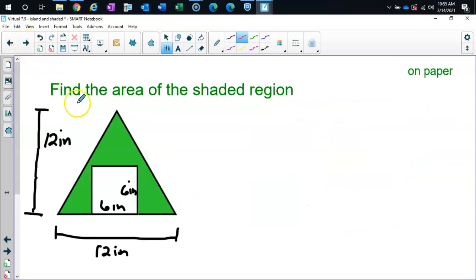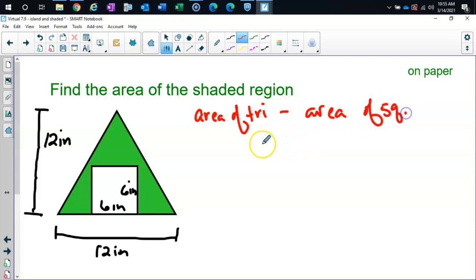All right, let's take a look at this one. Now, we have a triangle with a square inside of it. So how do I find this shaded area? I'm going to again write it in words. We're going to do the area of the triangle minus the area of the square. So we look on our formula sheet. Triangle is 1/2 base times height. Don't forget the 1/2. So 1/2 times